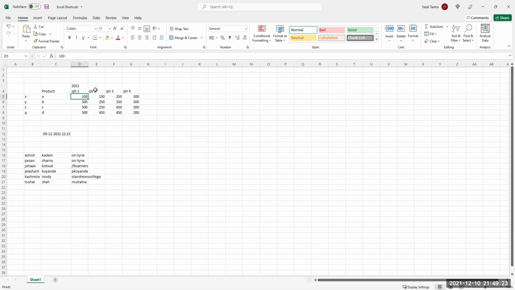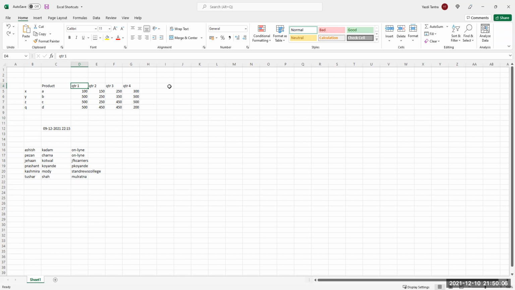But you have to be in edit mode. When you come here, you double click or press F2. F2 is edit. And then say 2021 and then say Alt Enter. It takes you to the next line in the same cell. If you remember, we had done that labeling here, product and year, and we've drawn a line like this. So this is the other shortcut. Alt Enter allows you to enter a line in a cell. But you have to press F2 before that. You can't do it otherwise.